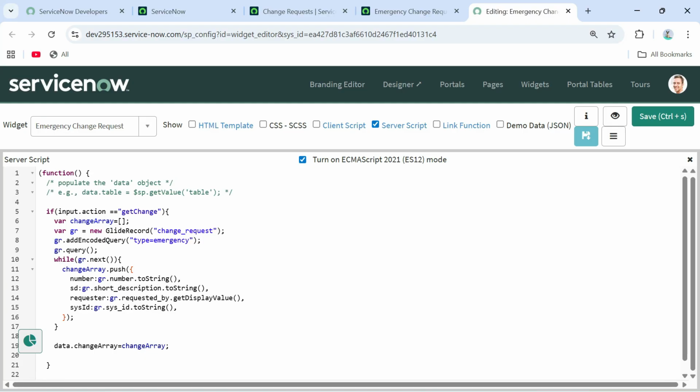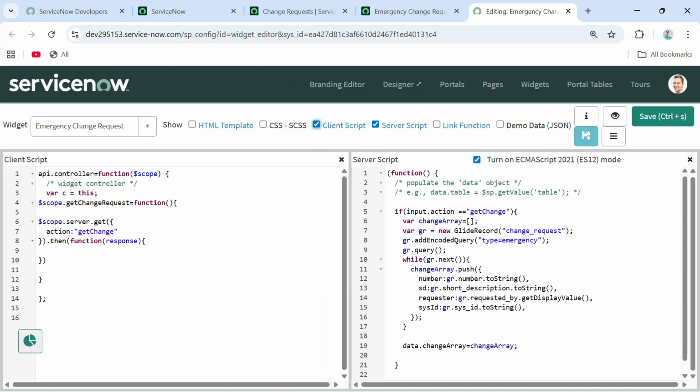Okay, what we are doing here, we are fetching the change data, and saving all those parameters we required in this change array. And there we wanted to get the response, so that's why I have saved this in the data dot change array variable. Okay, now coming back to our client part, because we need to receive this data as well. Okay, so on the client side,